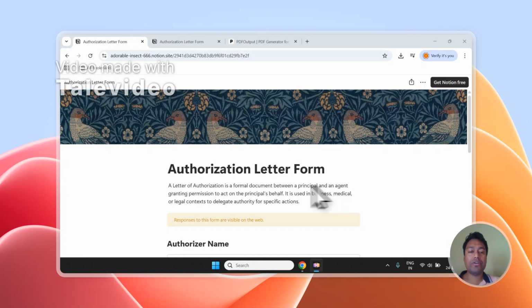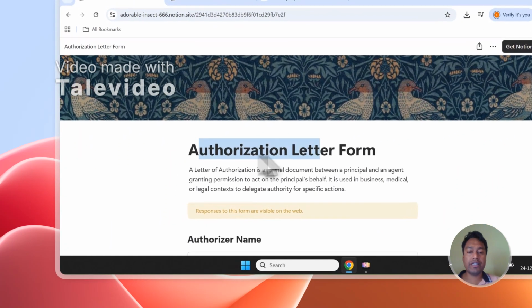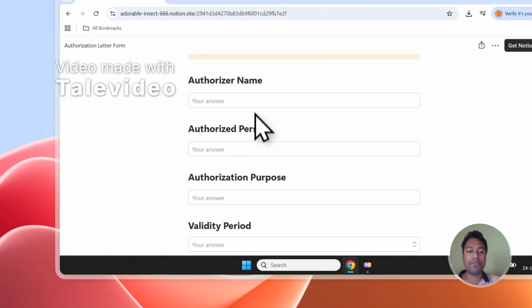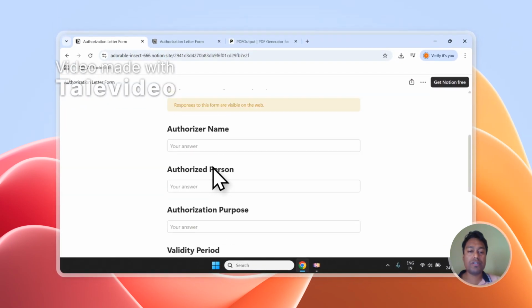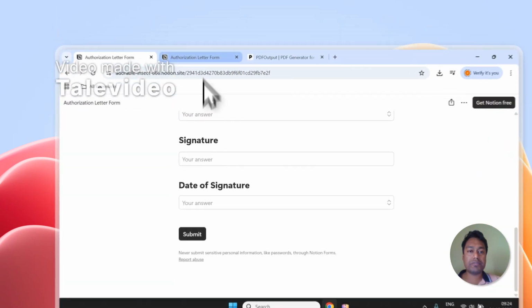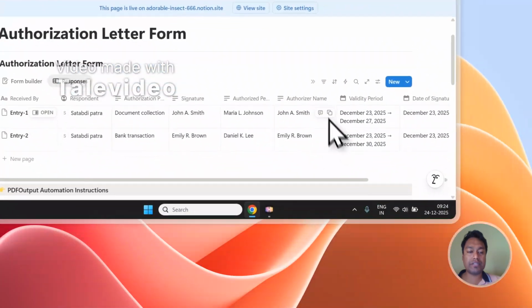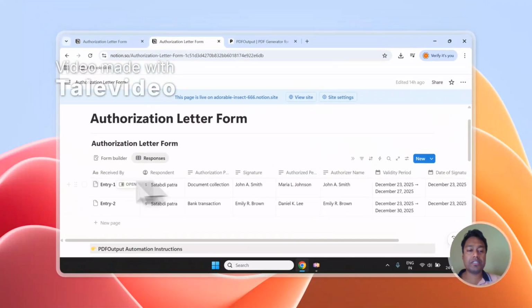Hi, today we're going to talk about how to convert a Notion form into PDF files on automation. For this, I'm going to talk about authorization letter, and you can see I've created a simple form for authorization letter, which once the user fills in and they click on submit, the responses will come under the responses view in the database. I'm going to convert these responses into PDF files on automation with the help of a tool